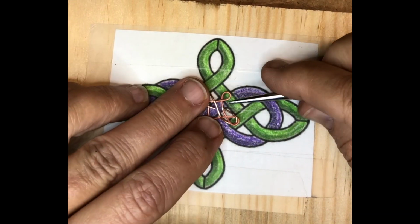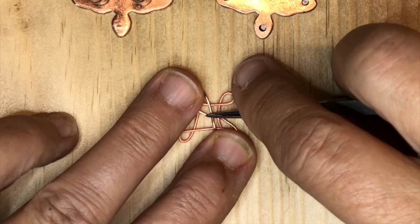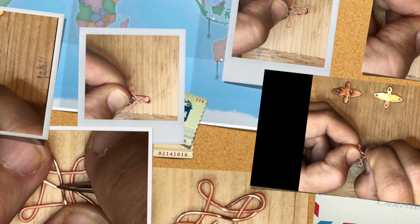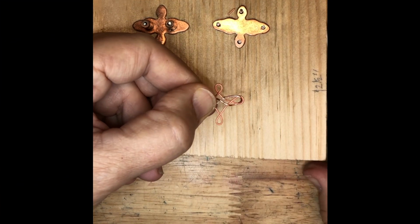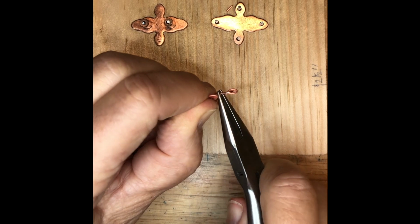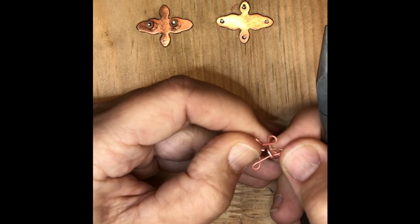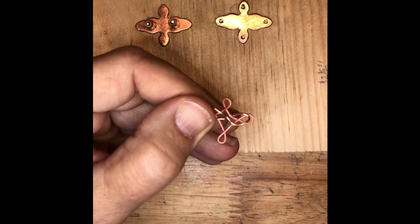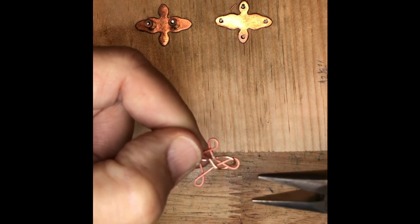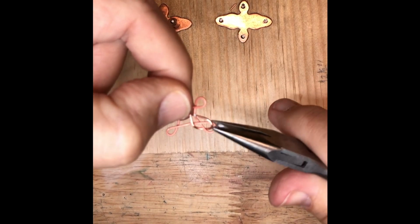Let me see if I put it down here. First I try to push this down a little bit, and then if I hold my mouth just right and get my chain nose pliers out, I can pull this and squeeze it. Now this is the part where Charles Lewton-Brain says, if you don't want a mark on your metal, then don't put it there. So I'm trying not to put a mark on my metal with the chain nose pliers, but I have to